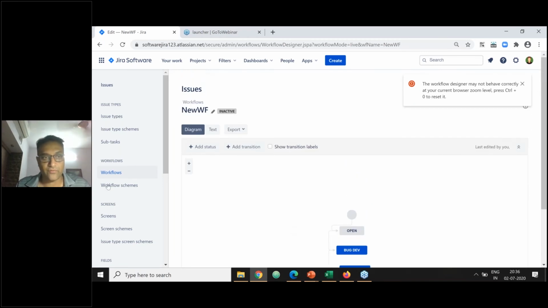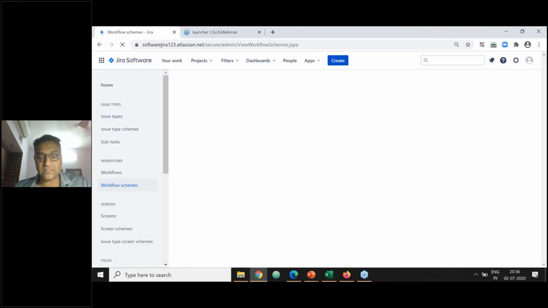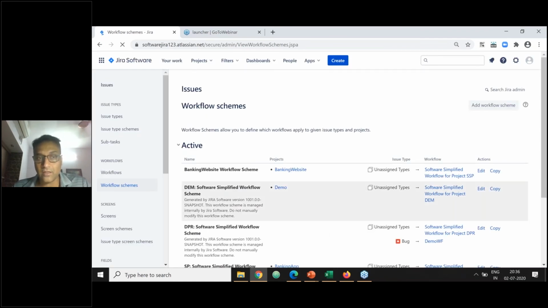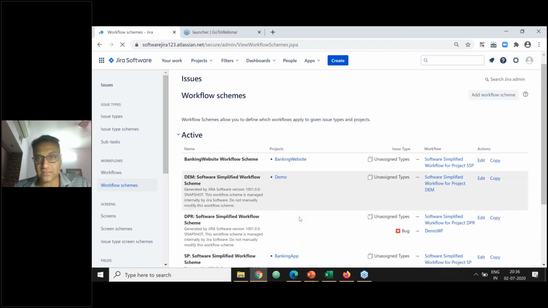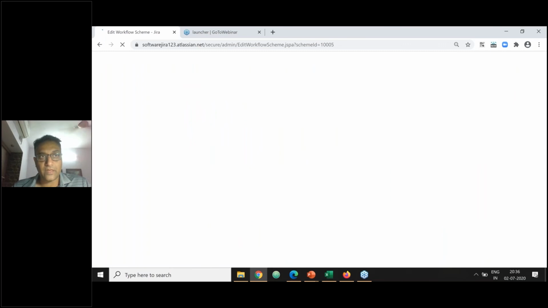We just created a new workflow, and under the workflow schemes, now you can actually go and assign it to any of the projects that you want, right? And this is the container workflow scheme, right? As a container. So if you look at it, this was our project, simplified workflow project, right? This is one way. There are other ways in which you can do that, right? So you can actually go and edit it. And all right, so